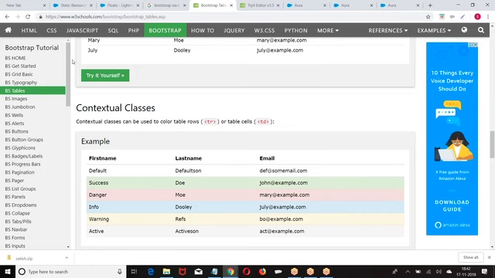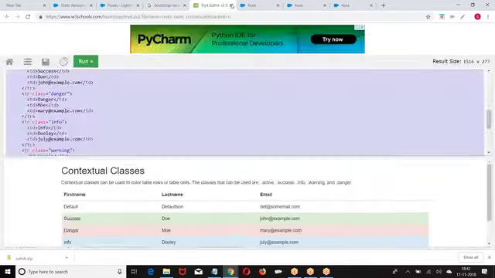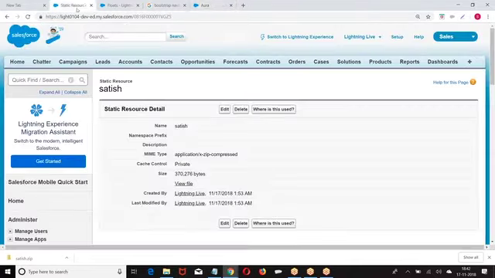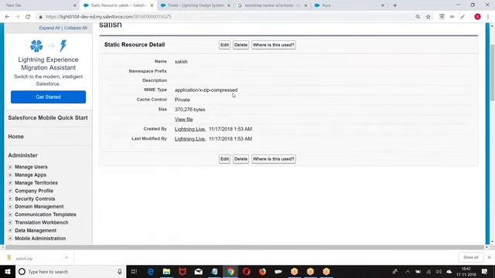Clear? Okay. So basically, our intention was how to use Bootstrap. How do you include the Bootstrap here? Create a static resource. Include them in the static resource. Include them in the component or application using ltng:require styles and scripts. Then start creating your component and applying the CSS. So that is applying external CSS within the Lightning component. One example of external CSS I have taken is Bootstrap. I hope you are good.